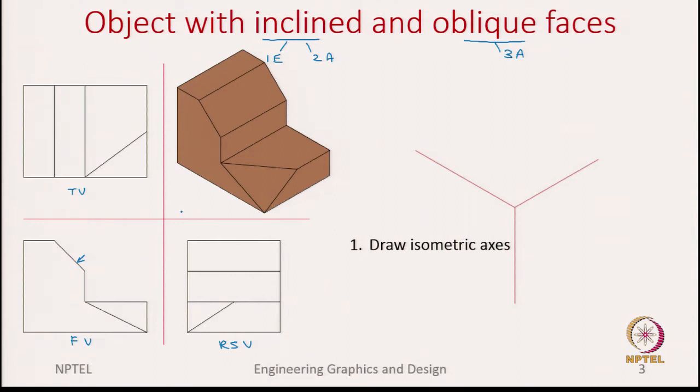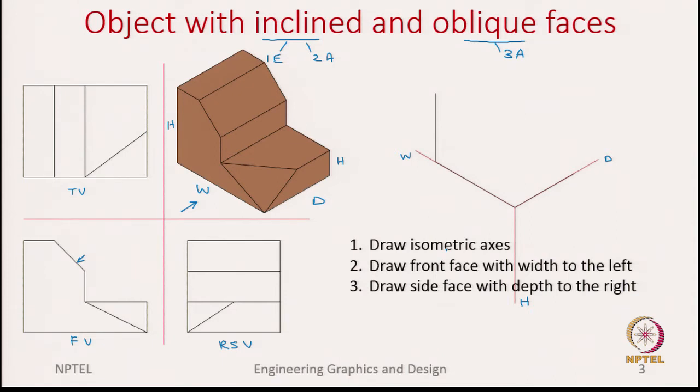and since we said this captures the front view, we have the width here, the depth here and the height here. Of course, all the vertical lines are height. So, this axis should capture the width, this should capture the depth and this should capture the height, the vertical line. Okay. After we are done with the isometric axis, that is when we start with capturing the front face.